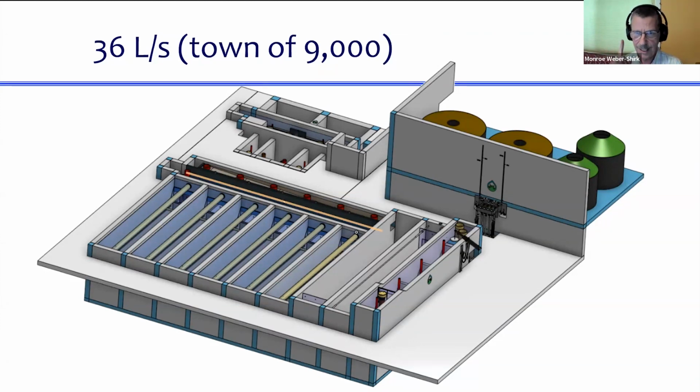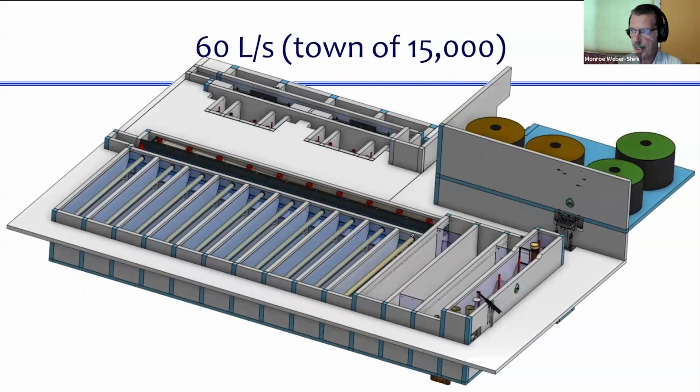And is this clear? I, as a human, don't have to do any further intervention. It's all coming together as just changing one input. And here's a 60 liter per second design. And notice the number of clarifier bays has changed, the filter layout has changed, everything has changed as this has gone up. And there are places where pipe sizes have changed. All of that has happened automatically because everything is driven by that unbroken algorithm.